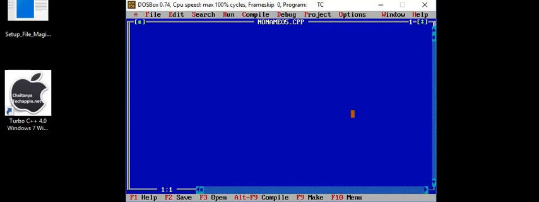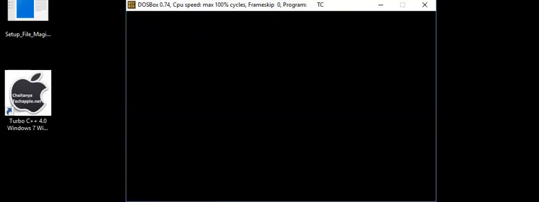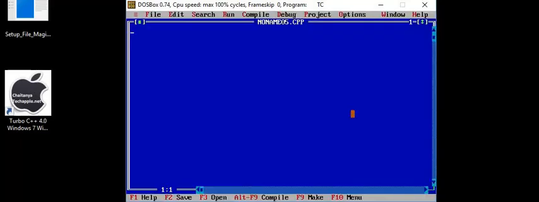If you press Alt F5, remember it, Alt F5, what happens, do you know? You get the screen. This is called the output screen, where we get the output, the black colored one. You can see the cursor blinking there. To come back to the editor, we press the Enter key. On the keyboard, two Enter keys will be there. Press any one of them. You come back to the editor.